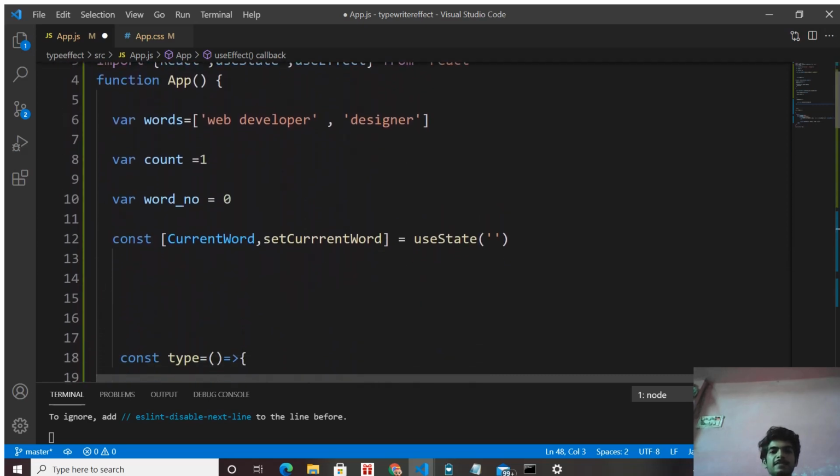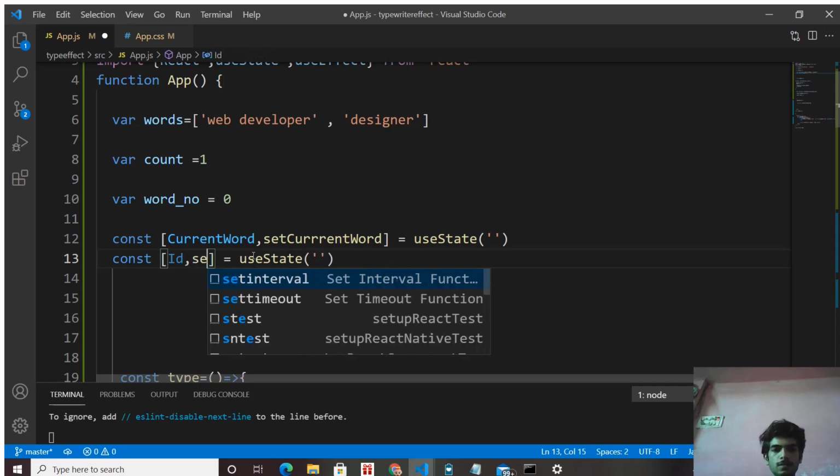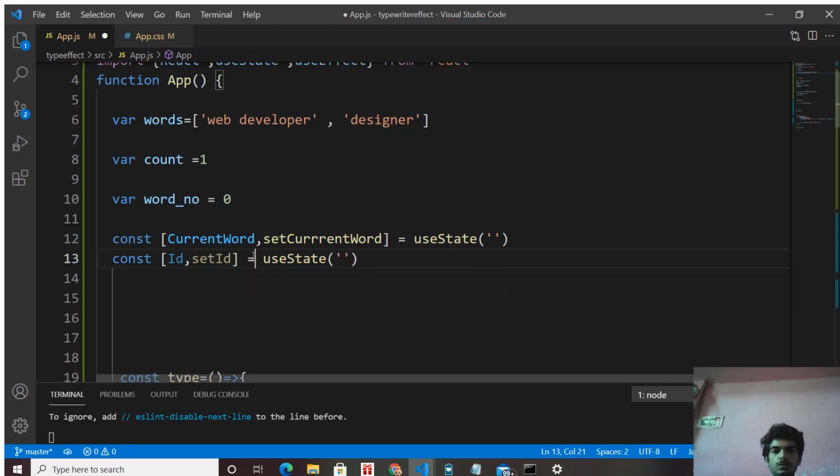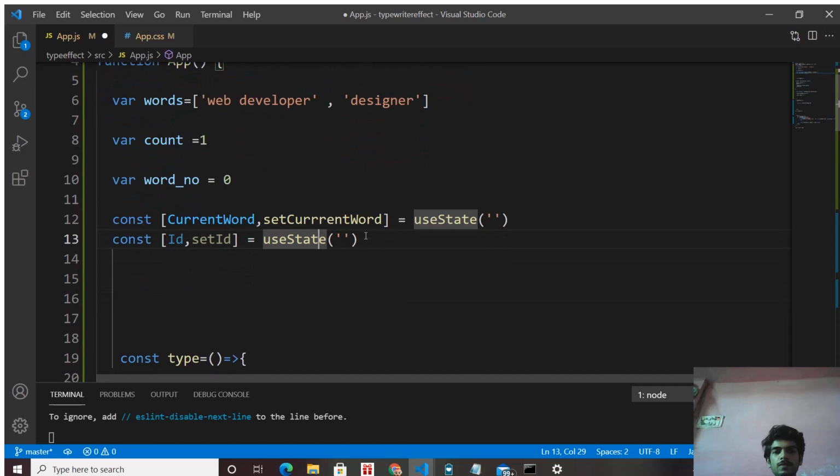So to have a dynamic state variable, let's create a use state for id that is going to store the id data. Let's create an id variable and a function to store this, and the initial value is an empty value, or you can say none.